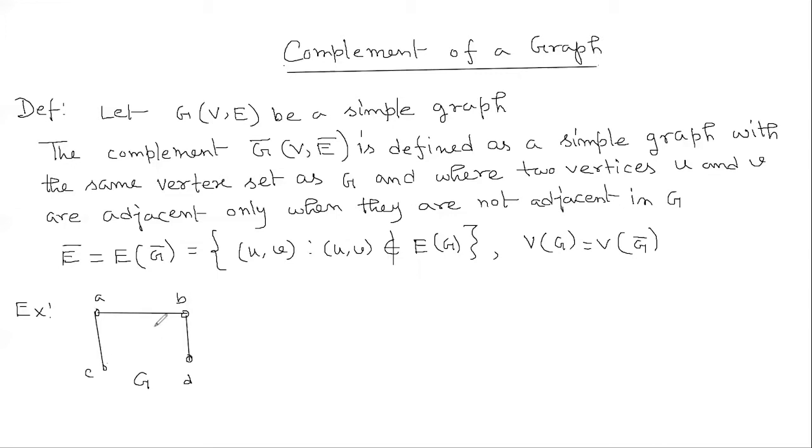So let us try to construct the complement of the graph G. So here we take four vertices. So here the set of all vertices for G bar is also same. So this is the set of all vertices we have for G bar. Now the criteria is if UV is in G bar, then UV cannot be in EG. So here AB are connected by an edge, AC also connected by an edge. So here in G bar, we can connect only A and C. So A and C are connected.